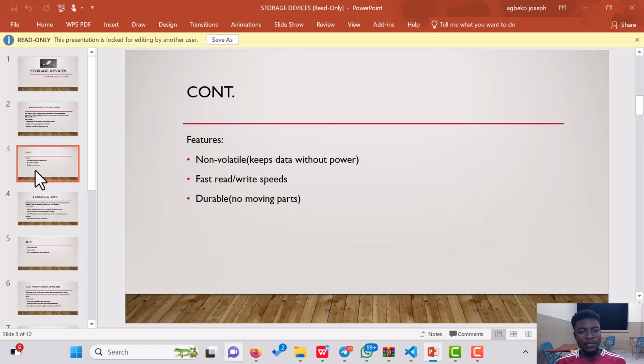And fast read and write speed means when you insert the pen drive and display your information, it displays your information very quickly for you to be able to access it. It doesn't delay, it doesn't take time to display information. That is what it means. And long durability means it lasts for some years, maybe 2 years, 3 years, so you can rely on them to retrieve our information